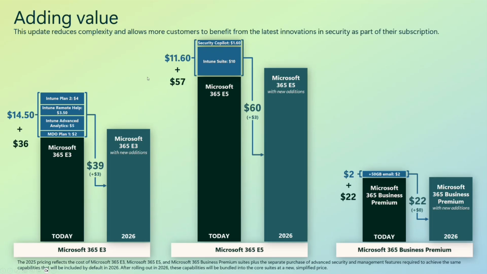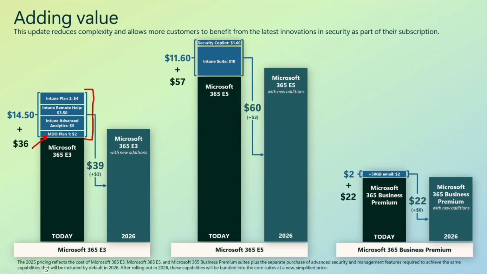So what Microsoft is doing here is that they have earlier or previously separate add-ons. For the E3, they include some Intune plan add-on, remote help for Intune, and some advanced analytics. The most interesting one here is probably Microsoft Defender for Office Plan 1, which you previously could buy as a standalone. This is the plan that contains safe links and safe attachments that many companies use